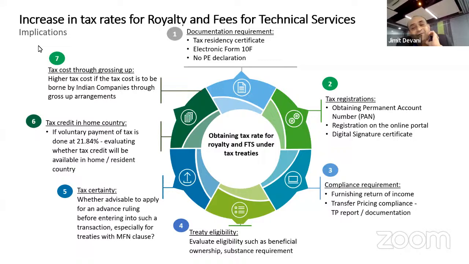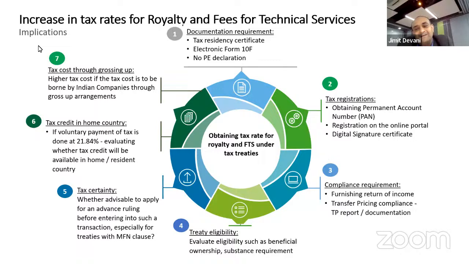In the past, many foreign companies were not obtaining a permanent account number even where they were receiving services, because there was an exemption, or basically a leeway, available by submitting certain documents to the Indian party, where it was okay for them not to obtain a permanent account number. Now, compulsorily, to file form 10F, they will have to obtain a permanent account number.